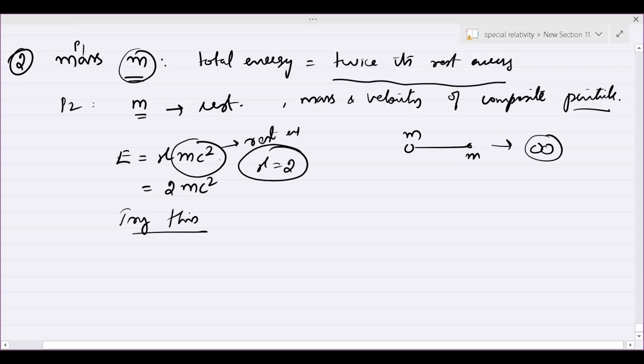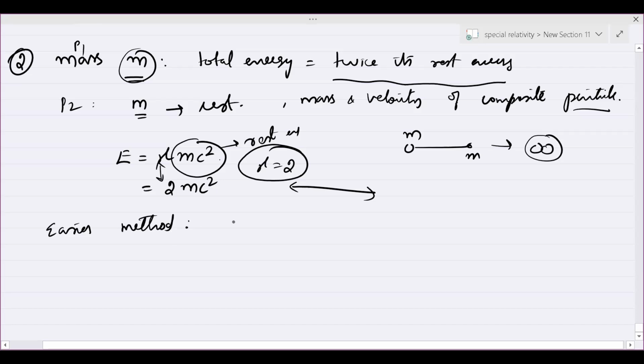I hope it's clear, because E is equal to gamma mc squared, and it's said that the total energy is twice its rest energy, so we know that gamma is equal to 2. Using this, you can solve the problem. You have to square and solve for v, and then you can find gamma mv, etc. These things are easy, but there's an easier way. If you start doing this, you'll see that there are a few steps involved. It becomes a bit lengthy, and the calculation may become complicated. You can try this at home. It is not very difficult, but it involves more steps. An easier method